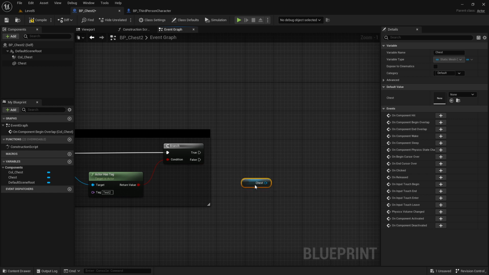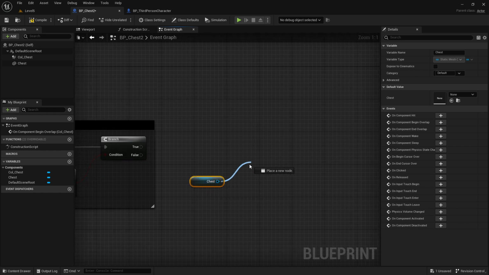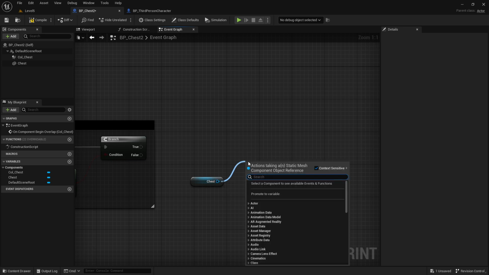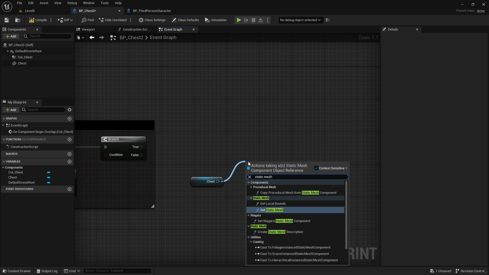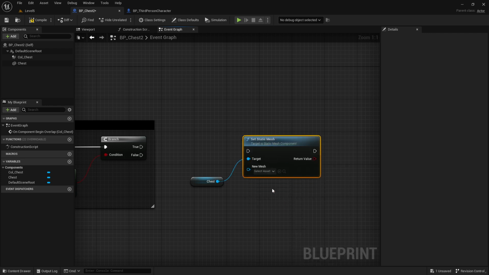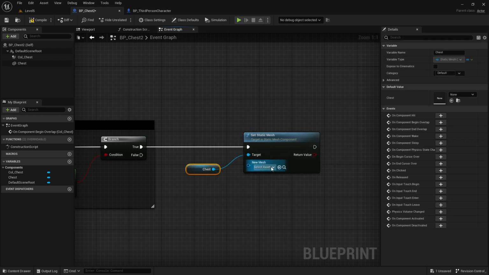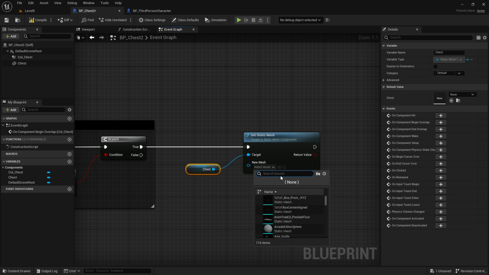Now I have the chest, and from this pin here I can drag out and search for static mesh. And there is an option, it says here set static mesh, which means I can set it a new static mesh, and exactly that I want when I overlap with my collision box. So we go to set static mesh and we connect it with true, because that is what we want. And of course we have to set the right static mesh, and this time I search again. This is the new static mesh chest,